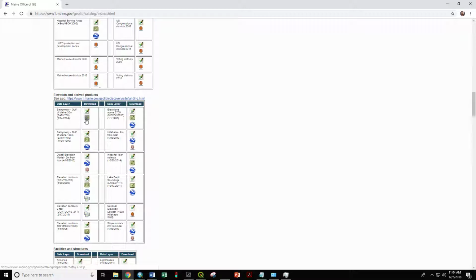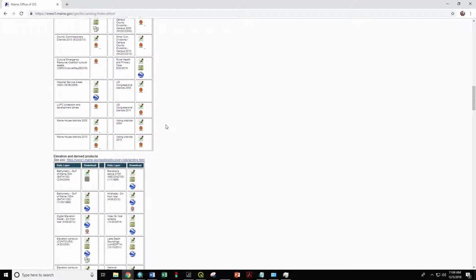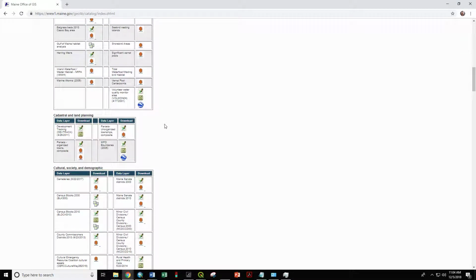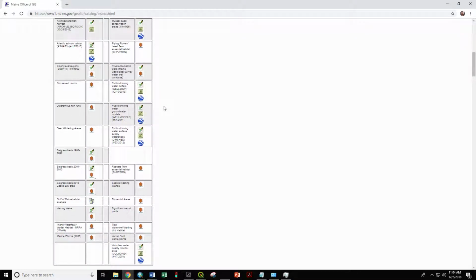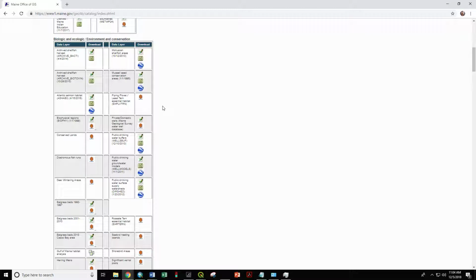There's also Raster Data, which is a data format that's a series of pixels, like an image, like an air photo, or a digital elevation model. So let's find an interesting layer. Let's download Atlantic salmon habitat. So if we just click on our shapefile,